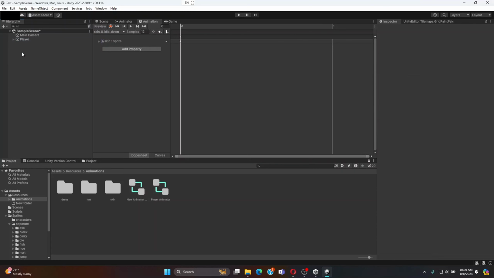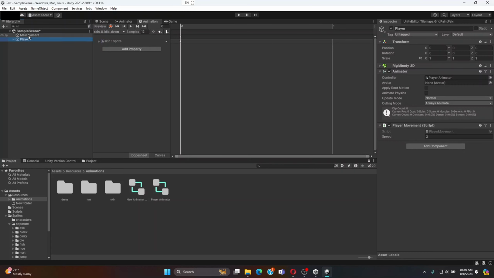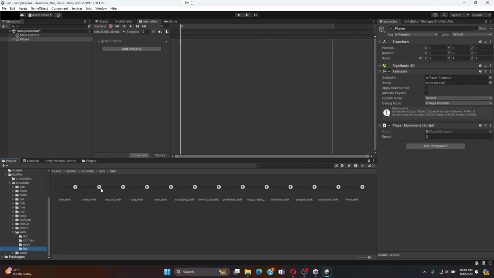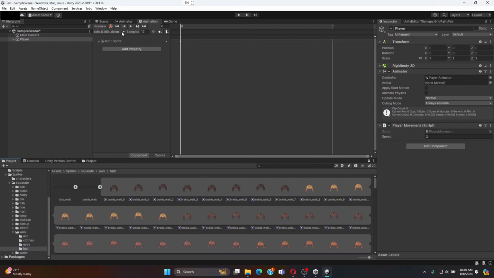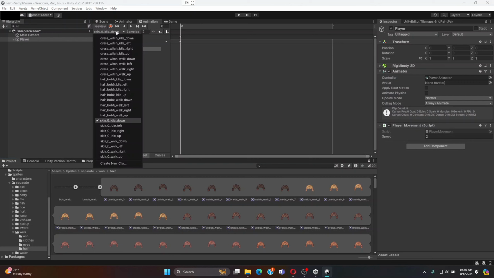Nice. So since we have our player sprite selected and we're on our animation screen, we can start to add some animations. So let me go back into hair and I'll do braids. So we're gonna click this name right here and we're gonna scroll down to create new clip. You probably won't have to scroll down, it might be right up here, or it will be the create new clip over here. We're gonna create new clip,